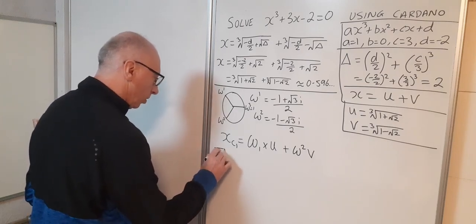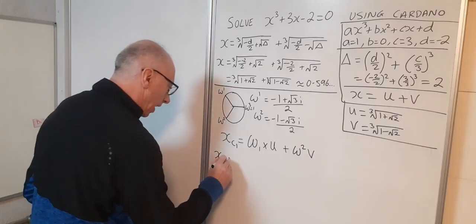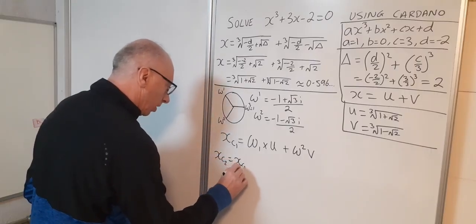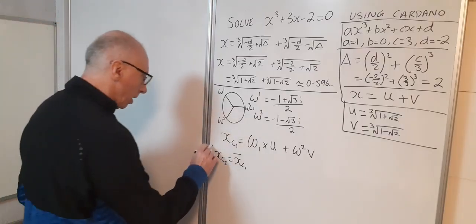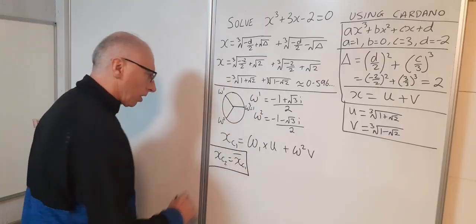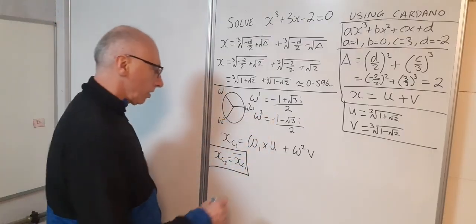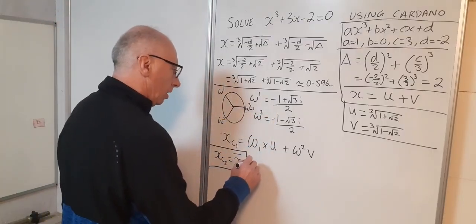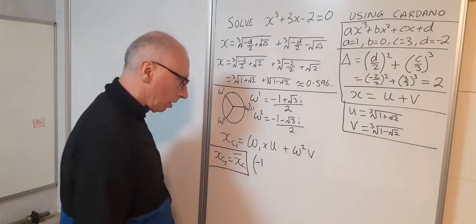is just, sorry, I'll just take that line, that's not what I wanted to do. That equals the complex conjugate of this solution. So that's what I'm going to bear in mind here to get my second solution. So what I need to do now is get this one here, so that's omega 1. So then I want minus 1